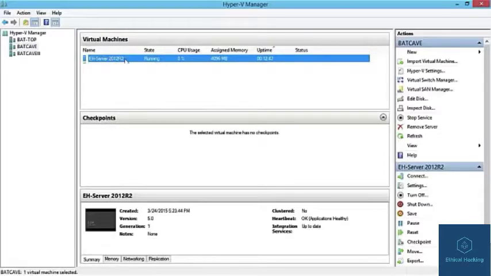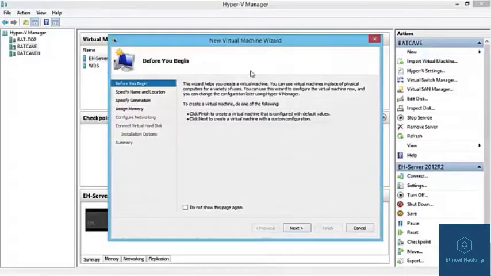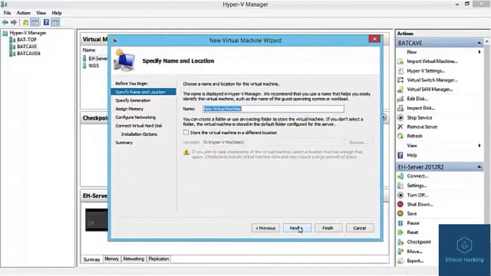So here you can see we've got the Server 2012 box up and running. That's cool. We're going to go through and fire up a new one. We're going to select a new virtual machine. Here comes our wizard again. I'm going to hit next. I'm going to type in here CEH-server